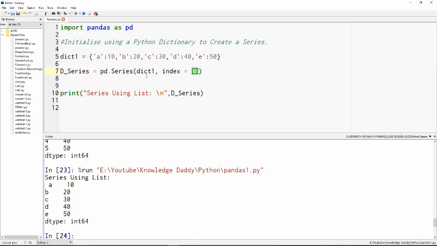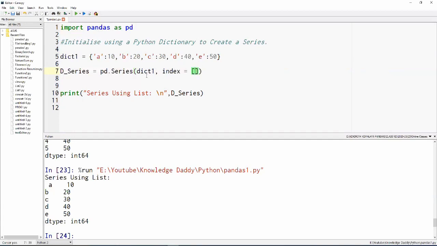To answer that question, I will show you a very interesting thing. What the dictionary has as an advantage for us is that if we give the index like this, it gives us a very dynamic way of creating a series. Very different kinds of series can be created using this. How?